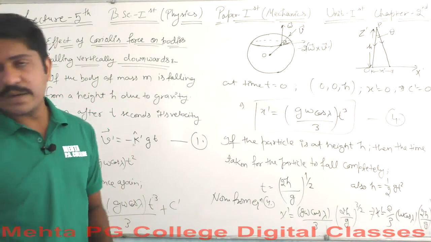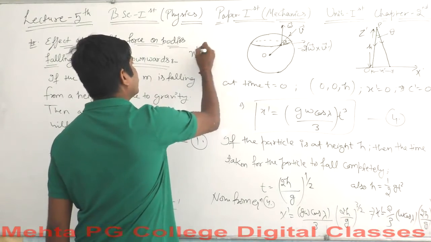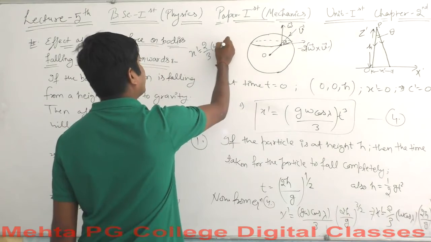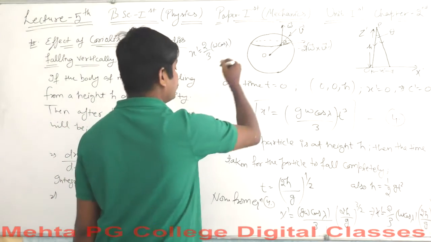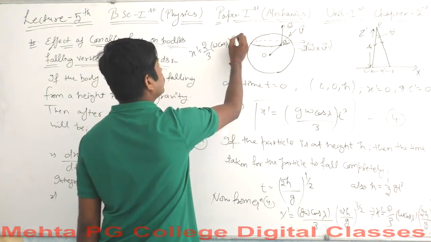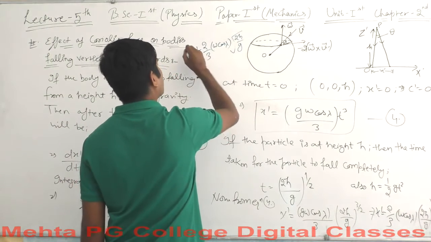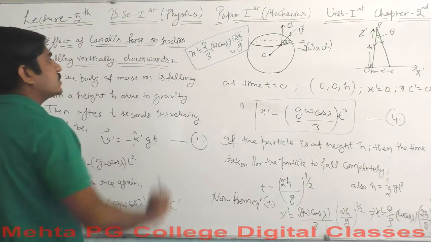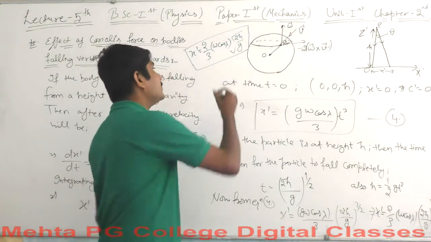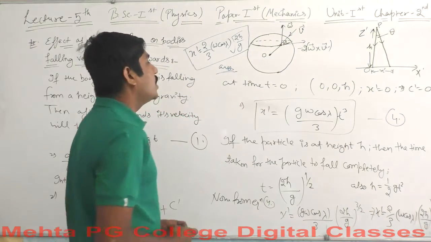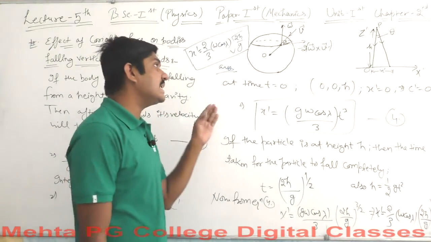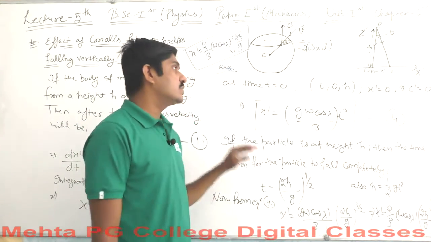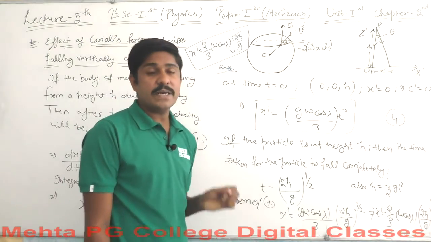The value of x dash that becomes by now is x dash equals 2 by 3 omega cos of lambda under the root 2h over g. This is the value which you are being subjected to come up with. I hope that you got the results here. If you got the results till here, you will be awarded the full marks for the question. Certainly this question has been asked for 2.5 marks, and about 3 marks in some cases. So if you solve the question up to here, you will be awarded the whole 3 marks.